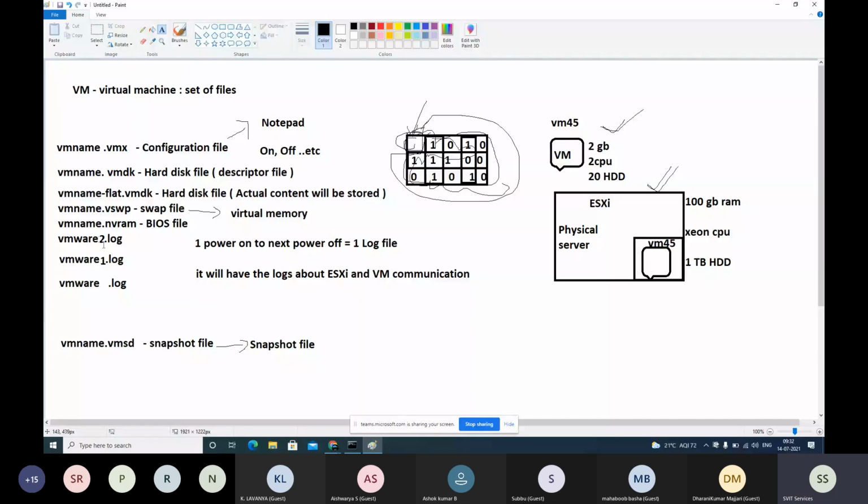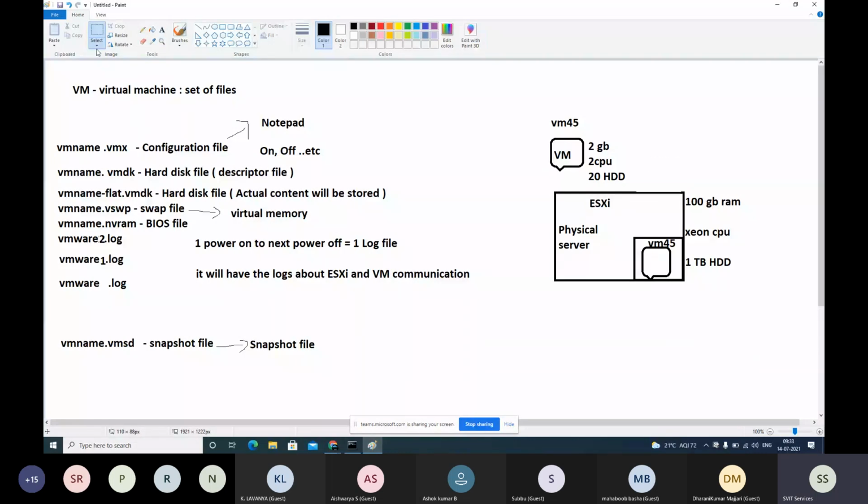So the rename process is automatic, we cannot control it. It is automatically renamed accordingly. So if there is any problem, if for some reason you want to read the log, which one do you have to check, the very first file or the latest file? Always you need to check the latest log file, the VMware.log file.